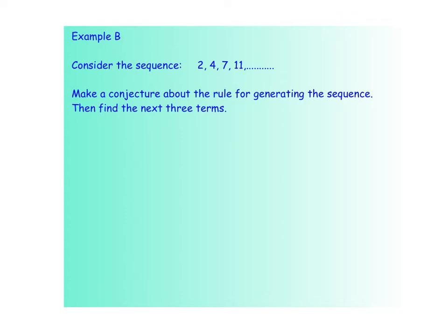What we're going to do here is take a sequence that's given that has terms. Let's say in our first term, when n equals 1, n is just a notation for the term number. So n equals 1 would be 2, n equals 2, our second term would be 4, n equals 3, our third term would be 7, n equals 4, our fourth term would be 11. So our fifth term,